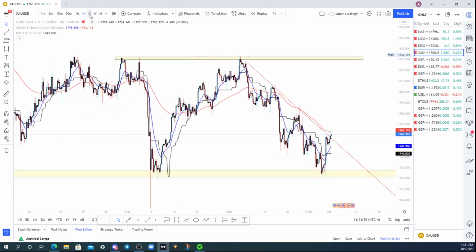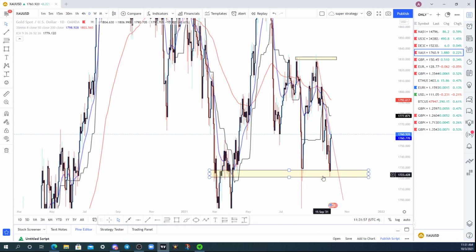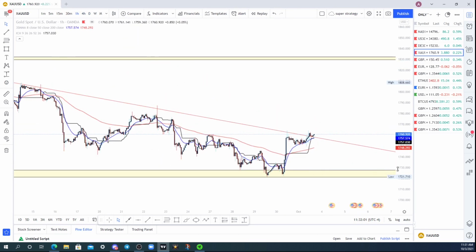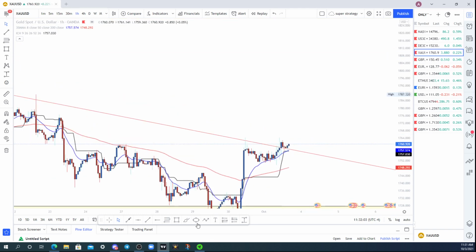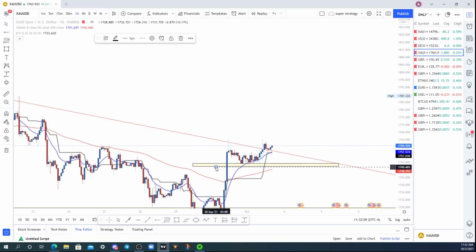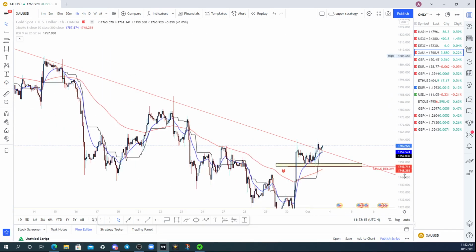Now, another confluence for longs is that we did come up here and start rejecting with a lot of bullish pressure here. So I am pretty bullish on this pair. I am willing to take some shorts though. If we do start to break below these lows over here, I'll be looking for sells below right over here. Sells below. Add a little alert there. That does seem extremely clean.